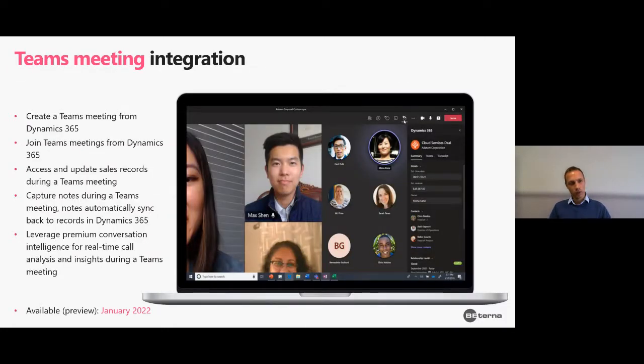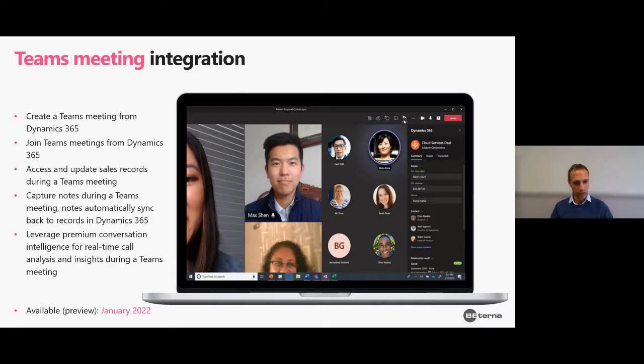Okay, I was talking before that there are a lot of new functionalities in terms of Teams meeting integration. Before, we took a look at how you can use Teams within the Dynamics 365 interface. Now this scenario is actually vice versa: how you can use Dynamics inside the Teams interface. And as you can see on the screen here, you have a Teams meeting, but on the right-hand side, you actually have Dynamics 365 content, and you have details, in our case, summary, related contents of a specific deal, and